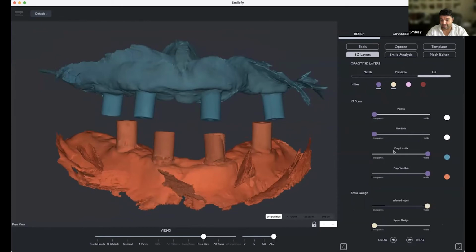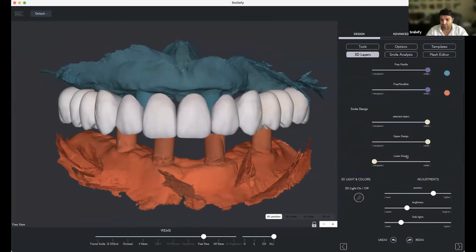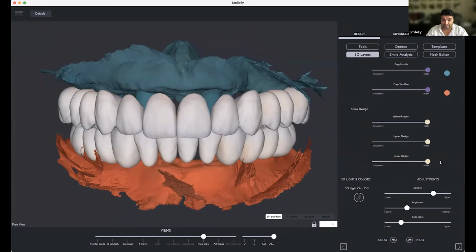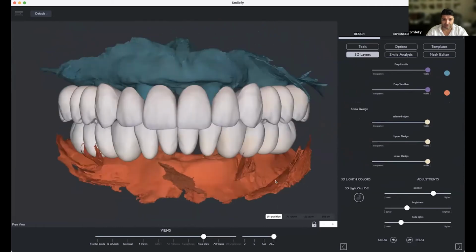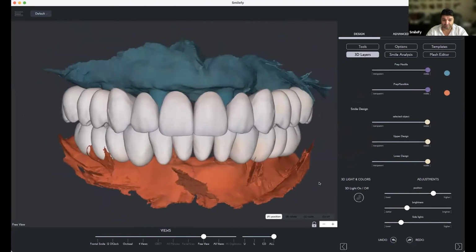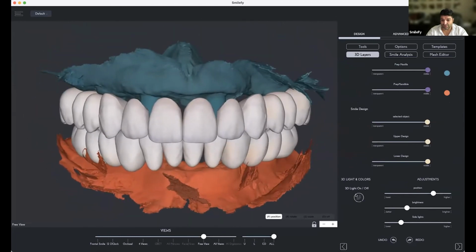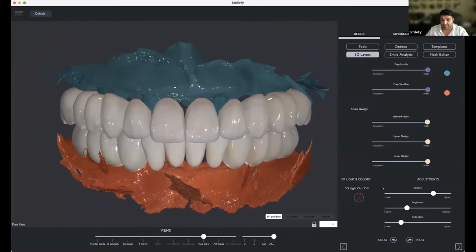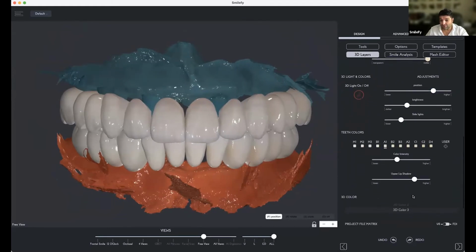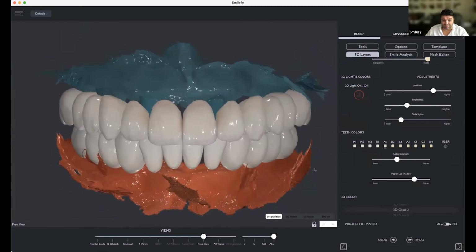Then we have the upper and lower design generated automatically, you see in occlusion, in function, like this, when we generate the full arch implant bridge. If we turn on the lights, then we have this special 3D rendering so that we can make the teeth look like real teeth with light reflection and everything.